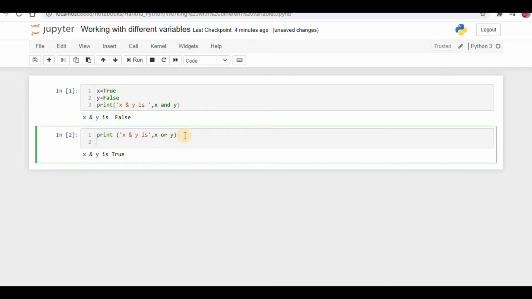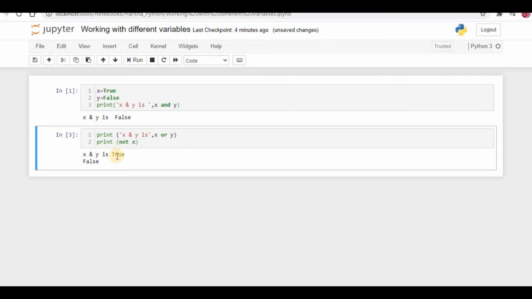Now we will do the same thing for the not operator. x, not y. So what is the value of not x? It is going to show you the value is false.